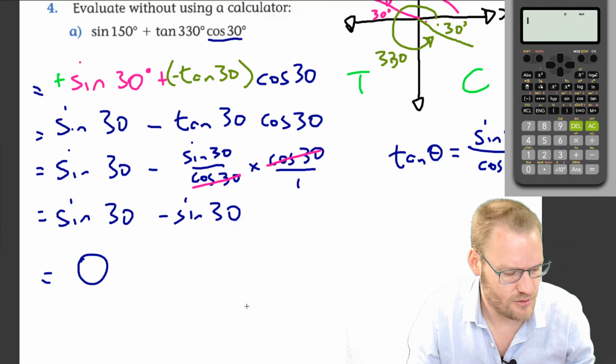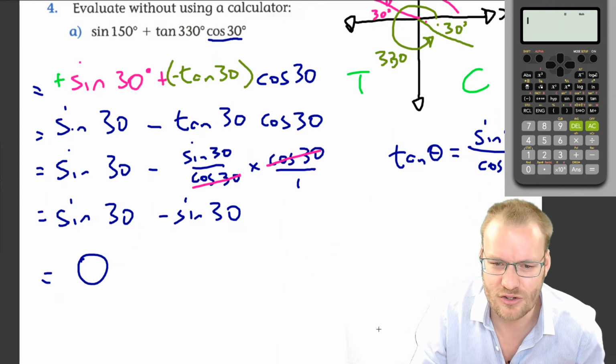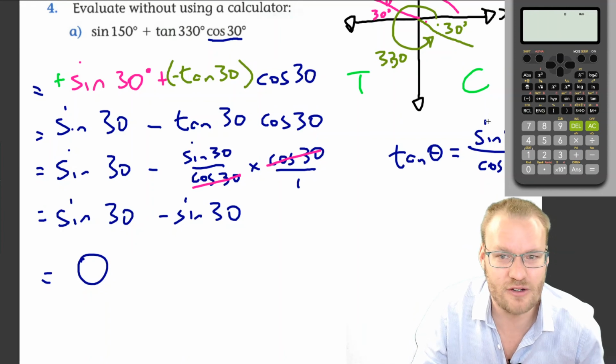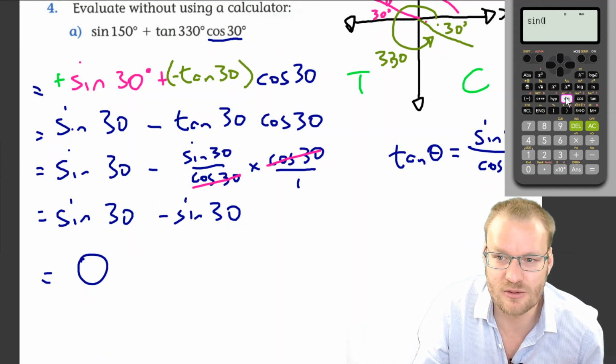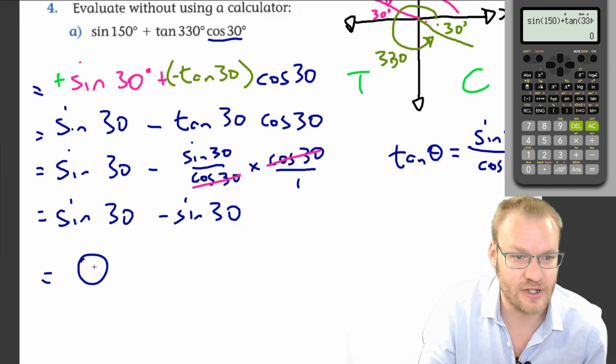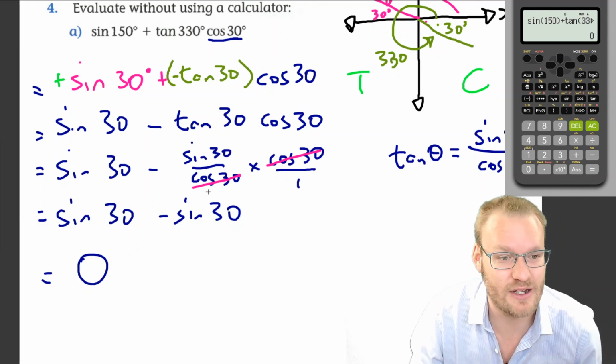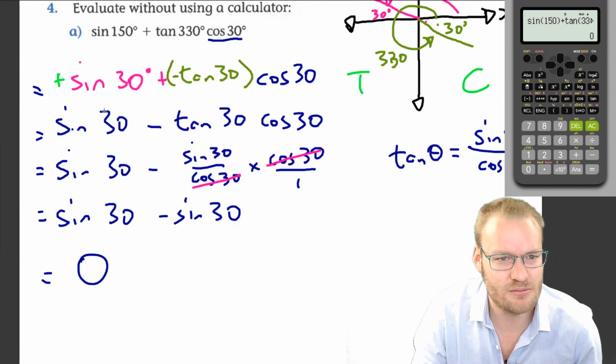So there we go, we've solved it. We haven't actually needed to reach for our calculator, but we could have done it just to check some of those if we wanted to. And of course, we can check our final answer by going sine 150 plus tan 330 times cos 30, and it gives us our 0 as we expect. Just be careful, because we might have got this wrong, and then you're really hunting for where your error was. There's how we run through